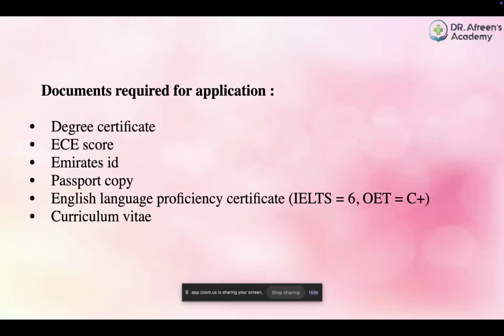Apart from BLS, it's an added bonus or an advantage if you have done your ACLS, PALS, or ultrasound certificate, like point of care ultrasound certificate, or anything that speaks about your personality. If you have had certificates on leadership, quality, and speaking, or something of that sort, extracurricular stuff. If you have any certifications done on that, or at least provide a certificate of attendance, even that will do.